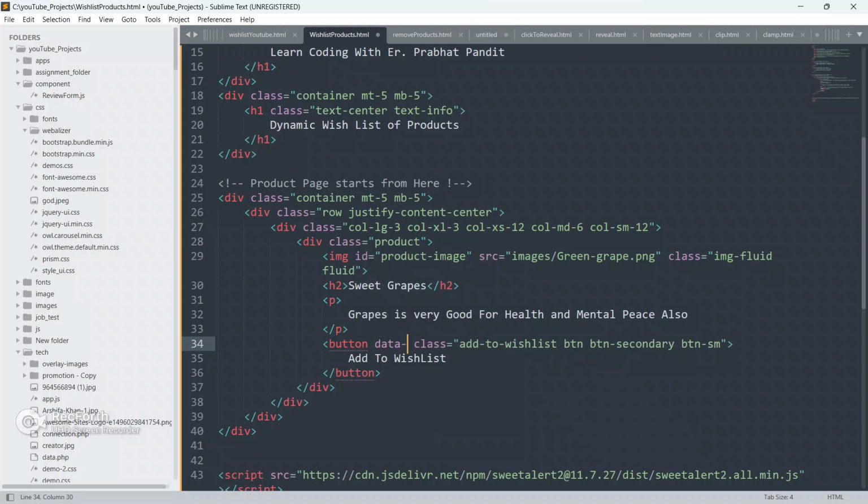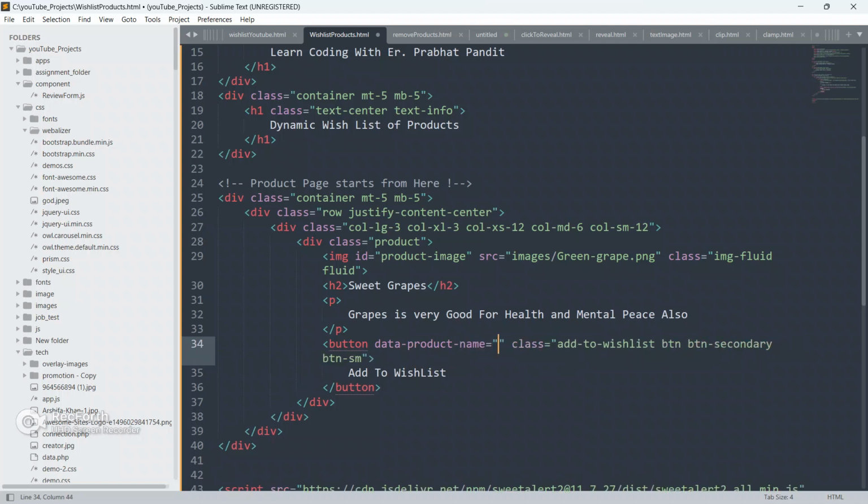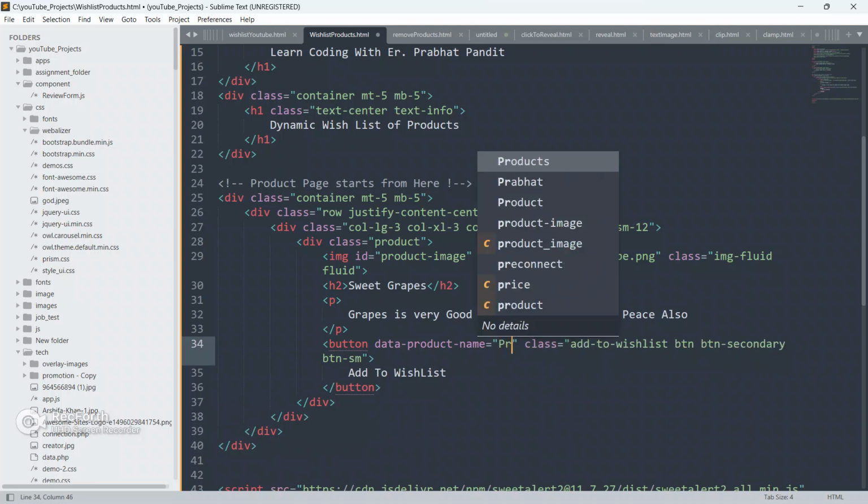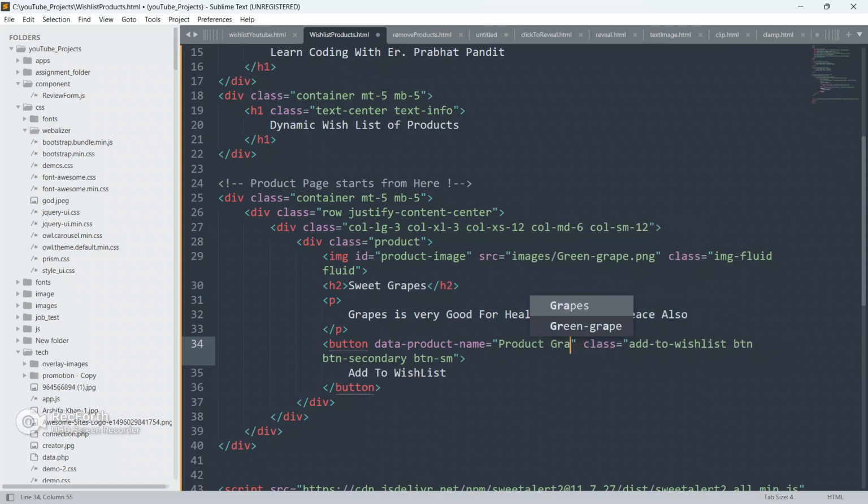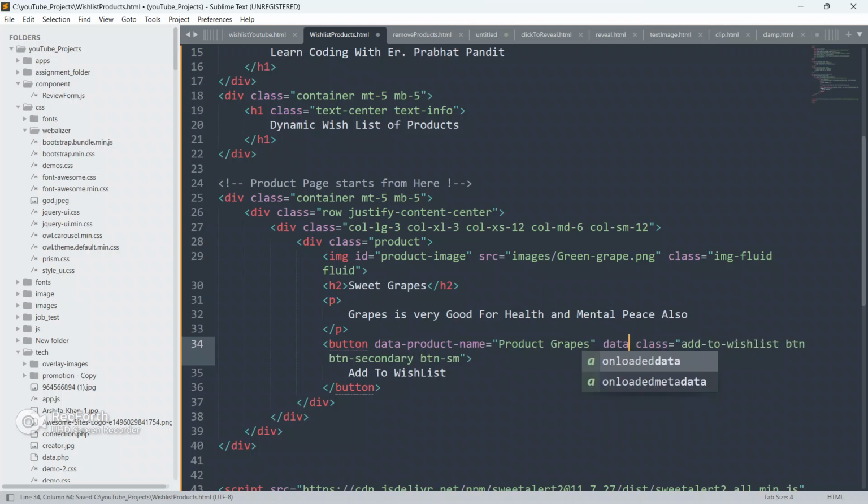I am gonna give the data-product-name equal to, what will be the name guys? I am gonna give product grapes.